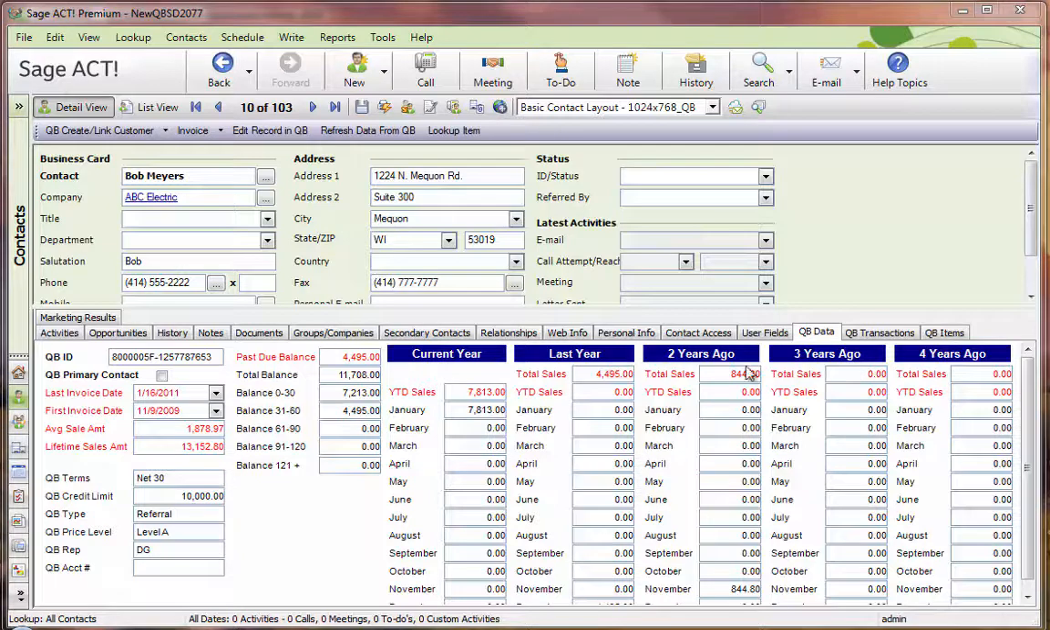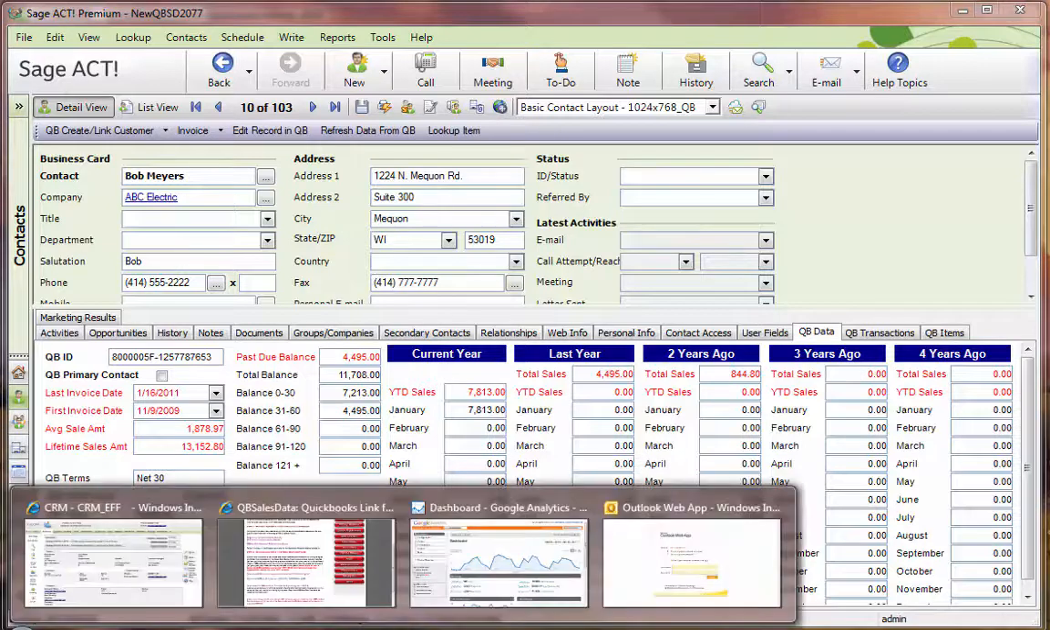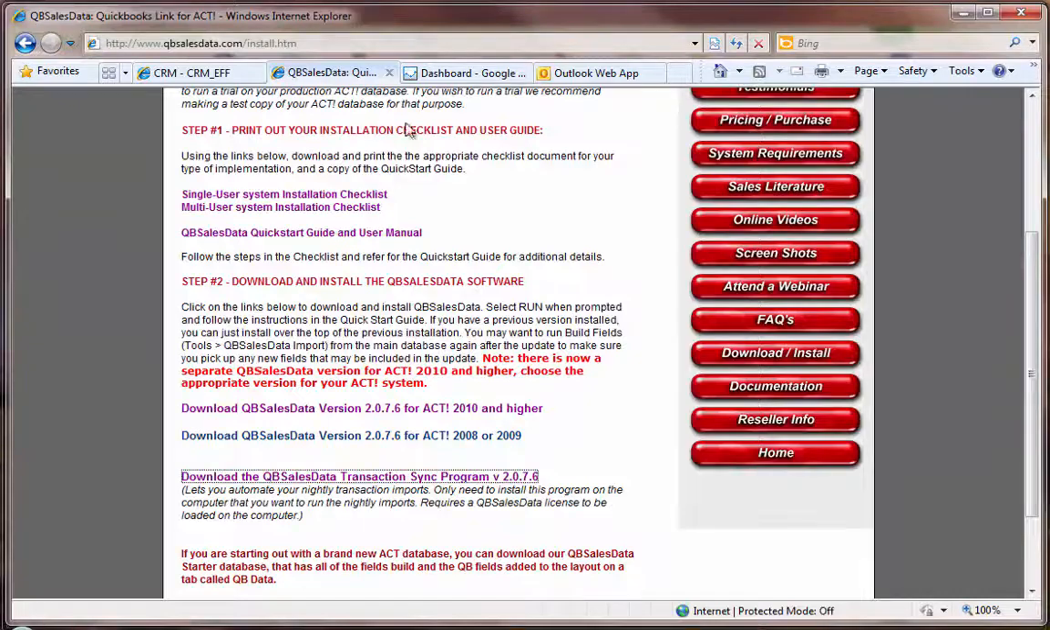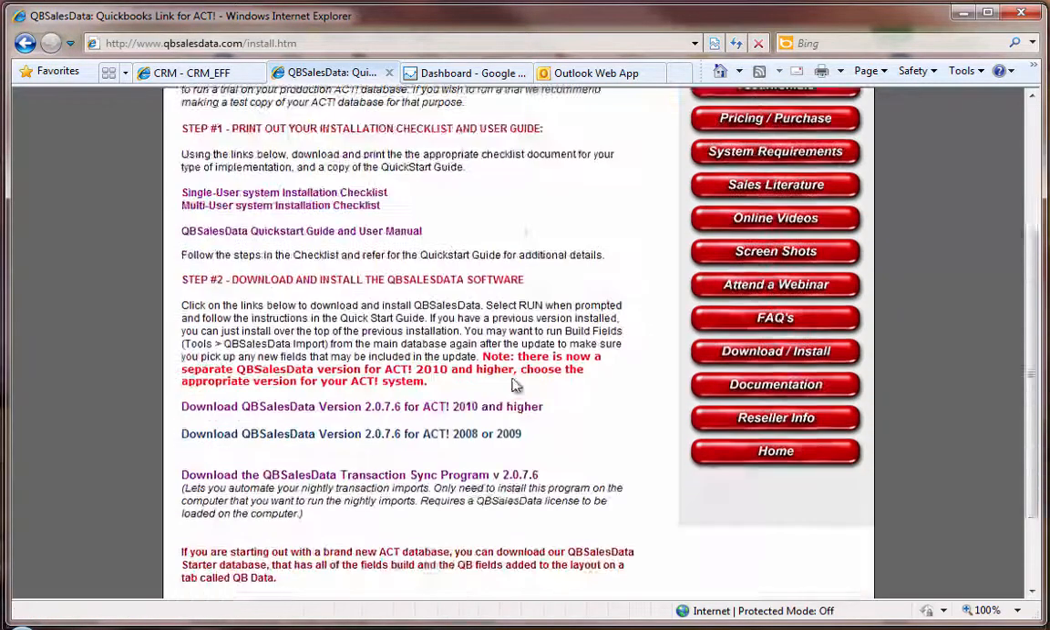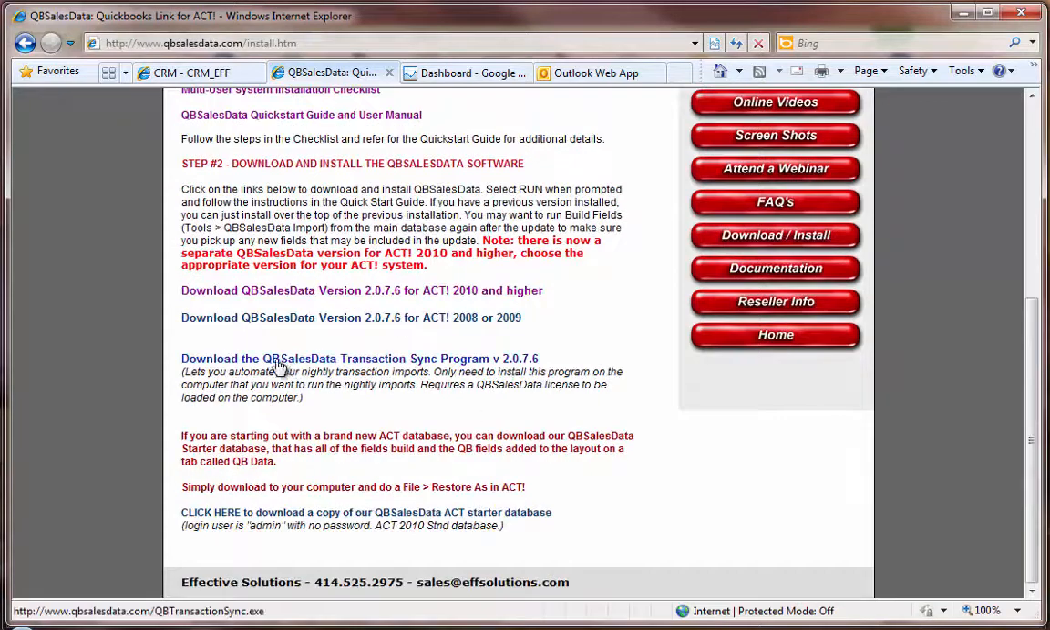It's actually a separate program, and you can do that from our download install page on our website. So go to qbsalesdata.com, click on the download install button, and down at the bottom there'll be a separate program called QB Sales Data Transaction Sync. Note that this needs to run on a machine that has a QB Sales Data license. So if you want to run it on your server, you need to have a licensed copy of QB Sales